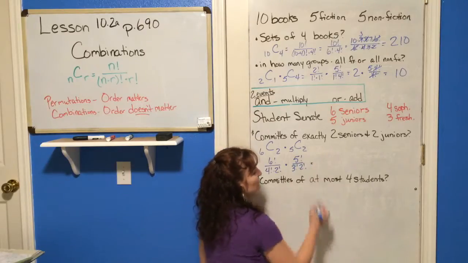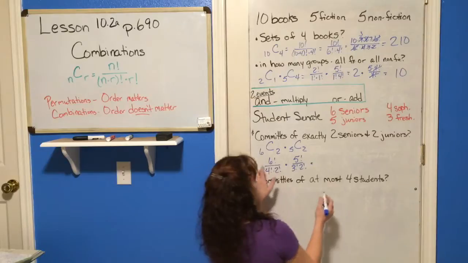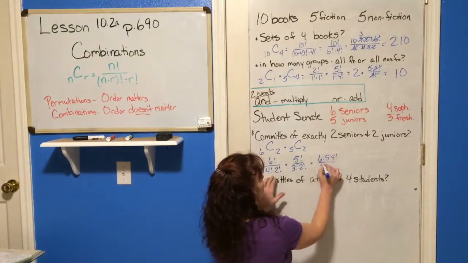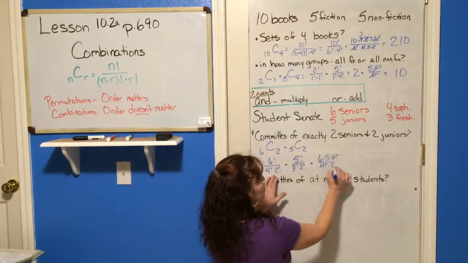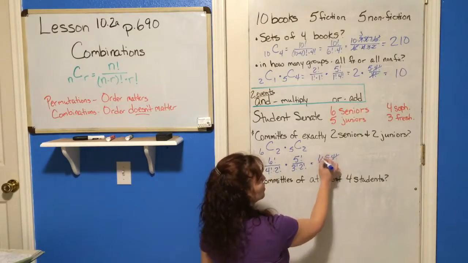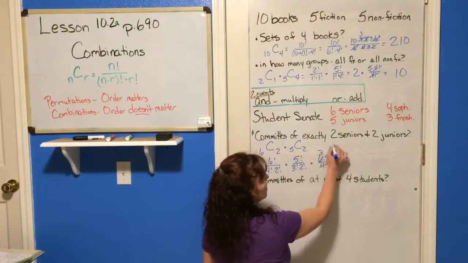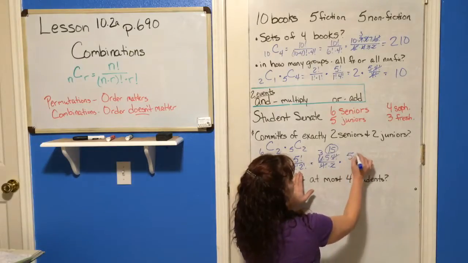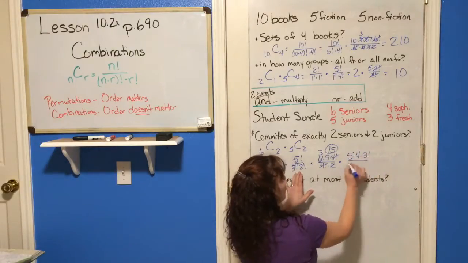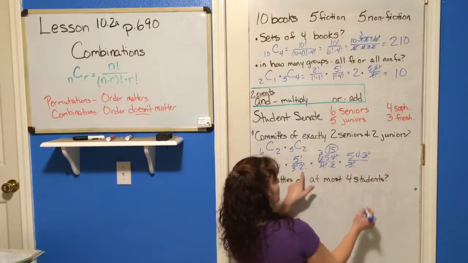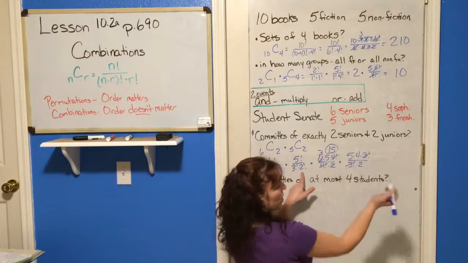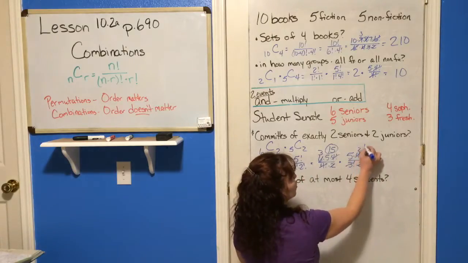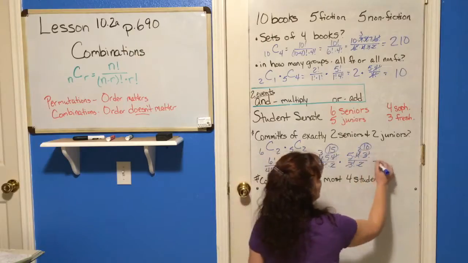And now it's a matter of just simplifying it down. So this is 6 times 5 times 4 factorial over 4 factorial, which is going to cancel, times 2 times 1 is just 2. So you can reduce that down to 3 times 5 is 15. And then we're going to multiply that by 5 times 4 times 3 factorial, and 3 factorial, which will cancel out, times 2. And then 2 times 1 is easy. All right, so then reduce that down to 2. 5 times 2 is 10. So now 15 times 10 is